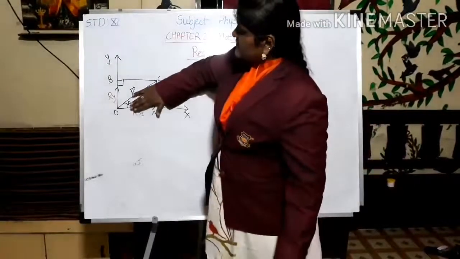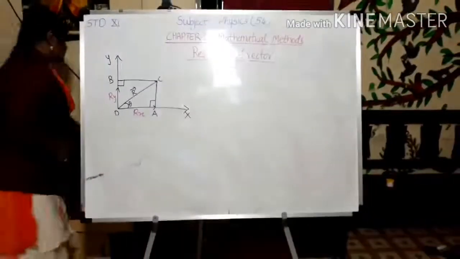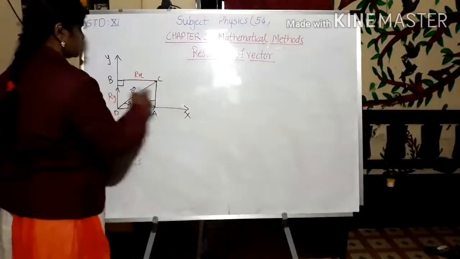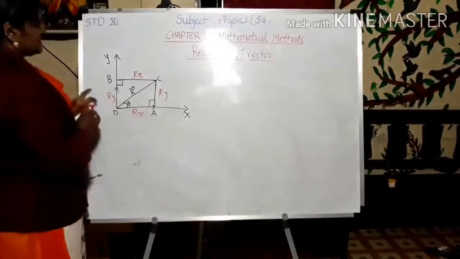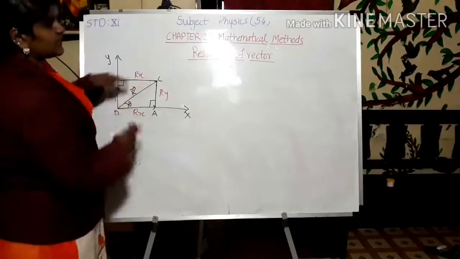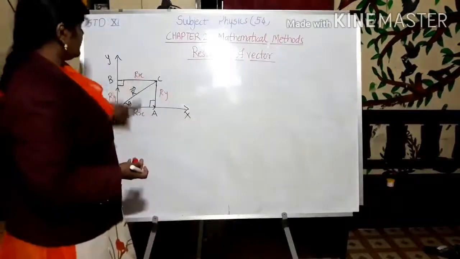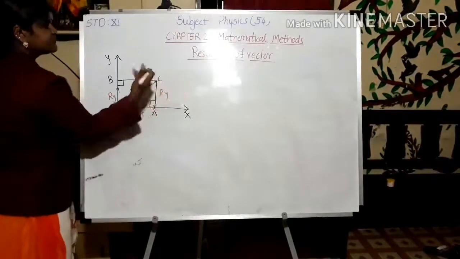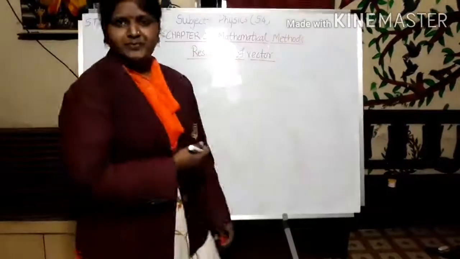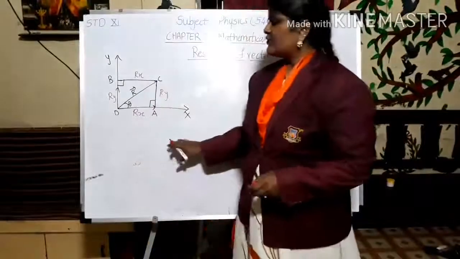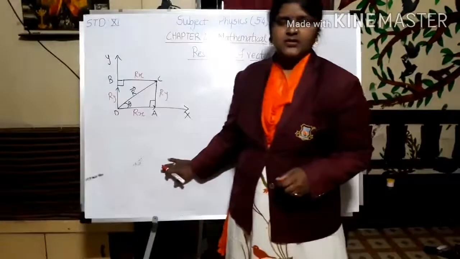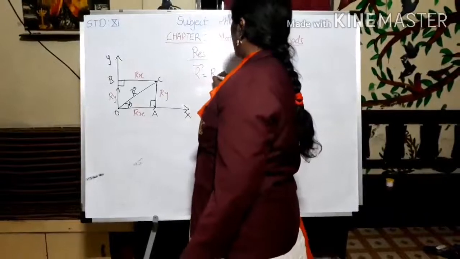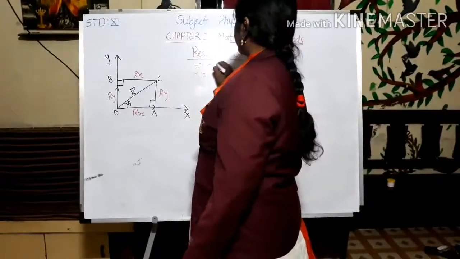Now if we consider the upper triangle, this is also Rx, and the parallel one will also be Ry. If I consider the lower triangle, what will R bar be according to the triangular law? It will be Rx plus Ry. And if I consider the upper triangle, what will R bar be? The same, Rx plus Ry. This is the main thing and the major concern while doing the resolution of vectors. So R bar is equal to Rx plus Ry.